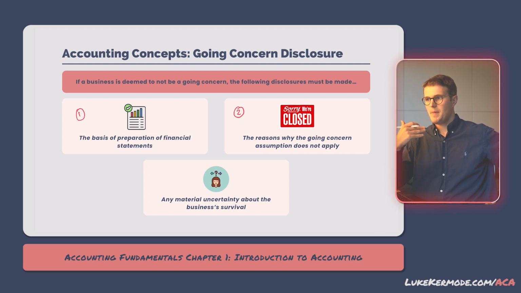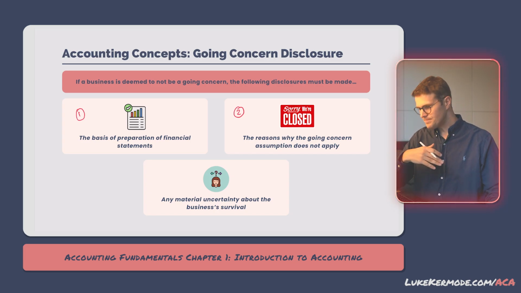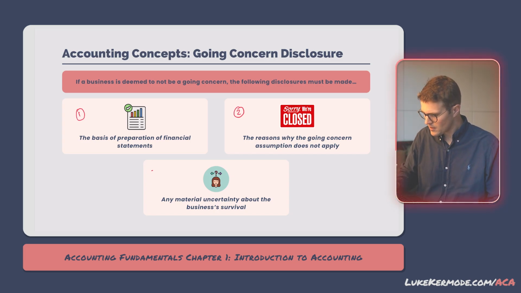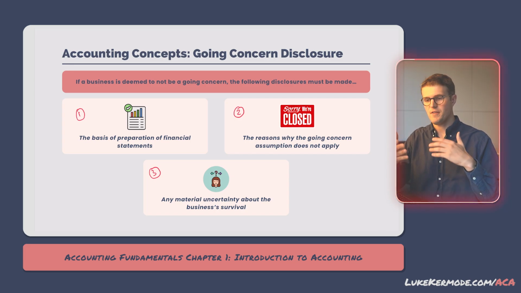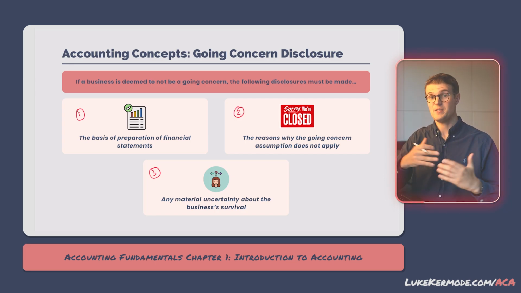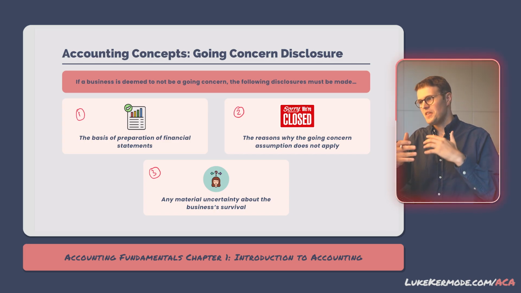This could be due to major financial difficulties, loss of key customers, failure to secure funding, legal issues, or any other significant issue that casts serious doubt over the business's ability to keep trading. Third, if there is material uncertainty, in other words, if it's not absolutely certain whether the business will survive or not, but there's enough of a doubt to raise concern, this uncertainty must also be disclosed clearly in the notes